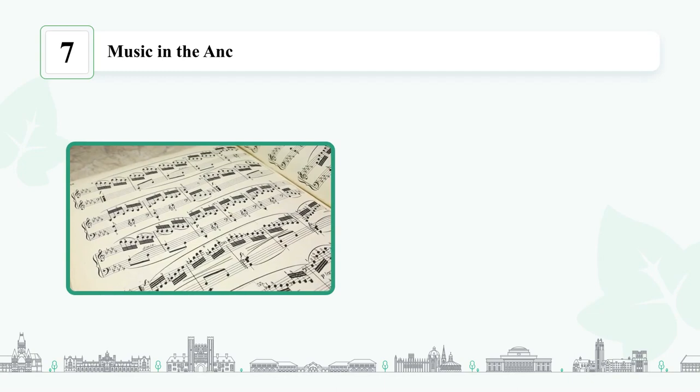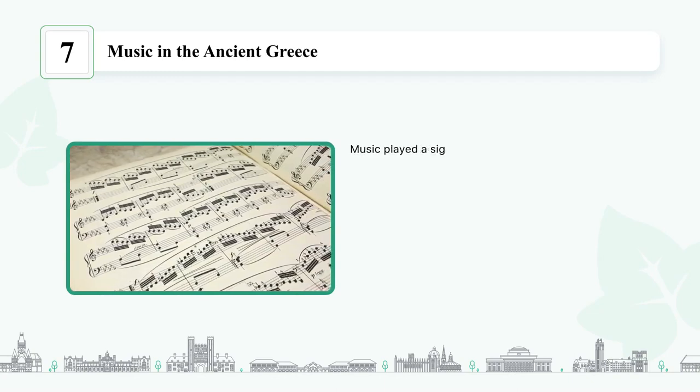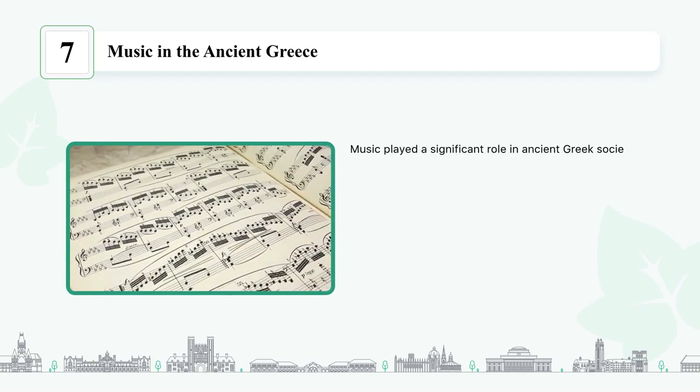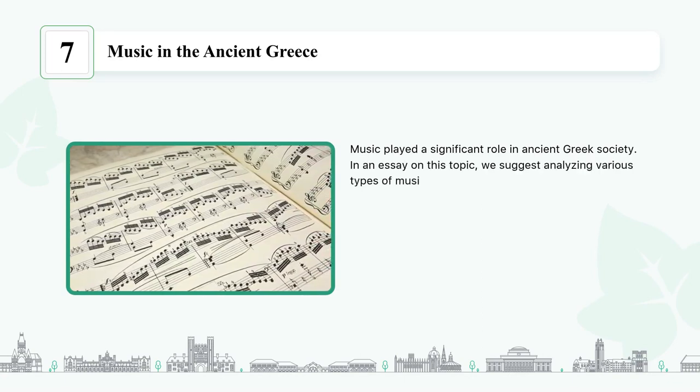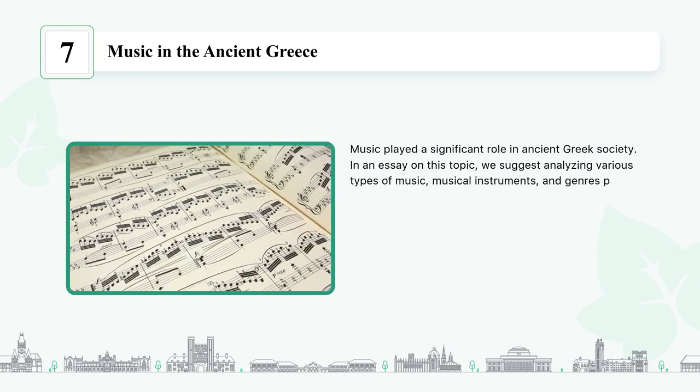Music in ancient Greece. Music played a significant role in ancient Greek society. In an essay on this topic, we suggest analyzing various types of music, musical instruments, and genres prevalent in ancient